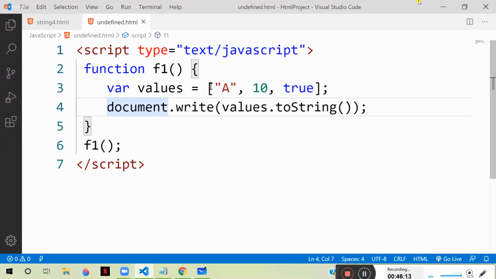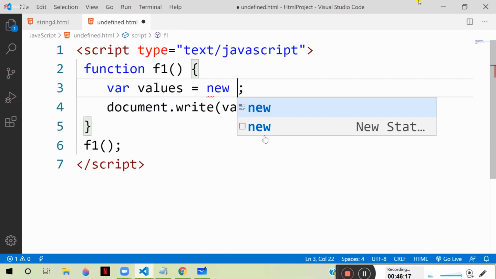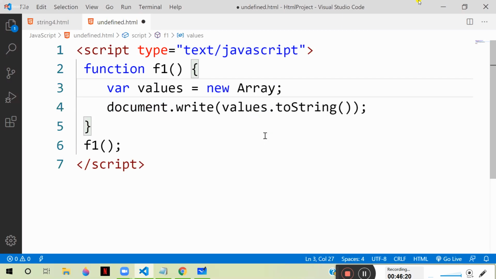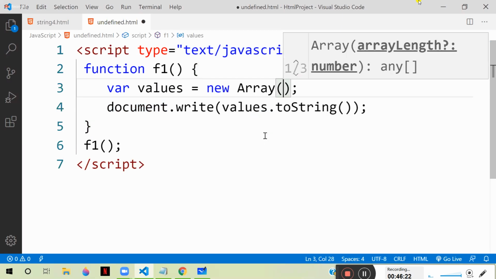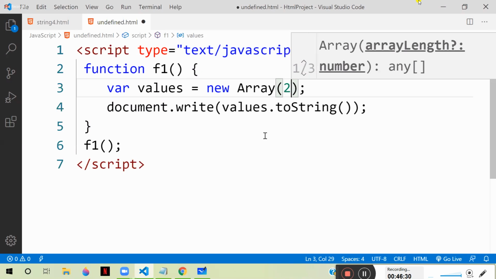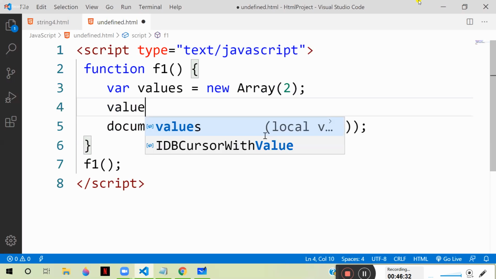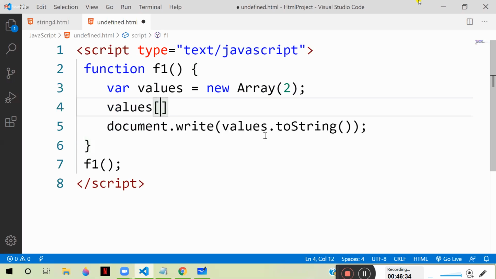See here, I am writing values is equal to new array. What is difference between square brace and new array? Later we will discuss. Here, I am defining array size as 2